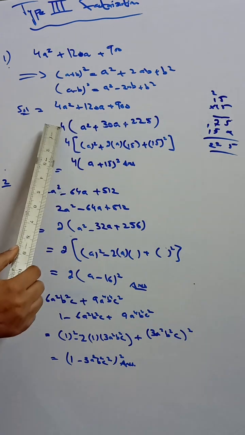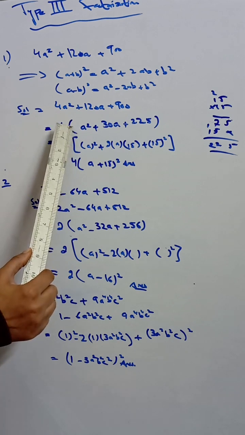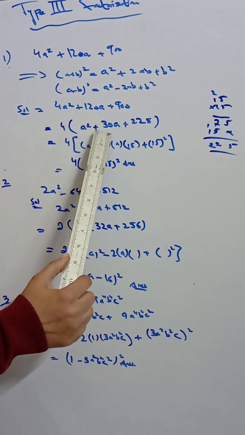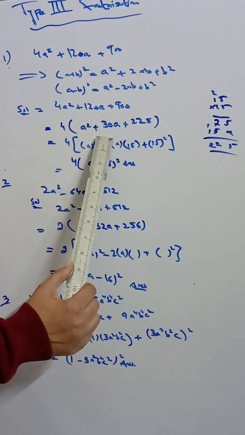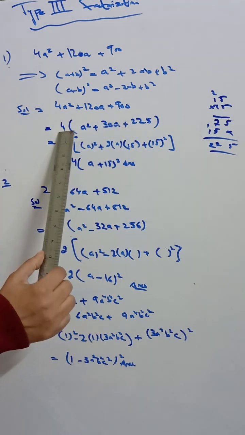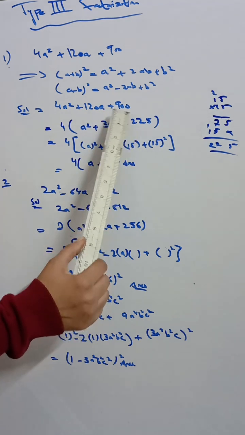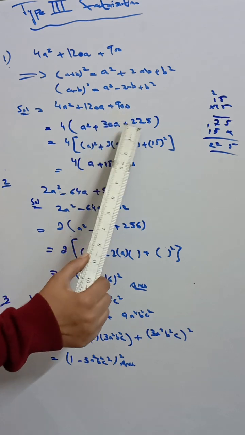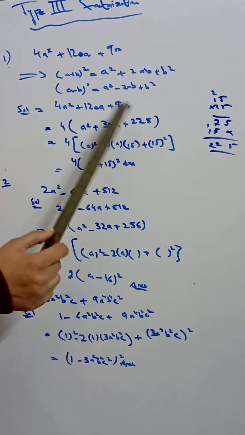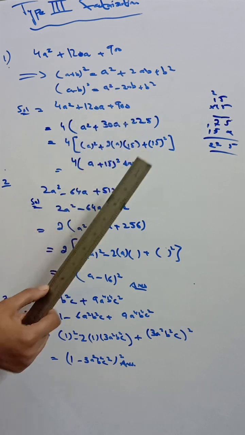What is left? 4A square, 4 ones are 4, there's no need to write 1 here. Next, 4 3s are 12, the 0 will remain the same, in other words 4 30s are 120A. Plus, now solve it: 4 2s are 8, 1 left, 4 5s are 20. You can do it separately by dividing. I know this answer is 225, so 4 225s are 900.